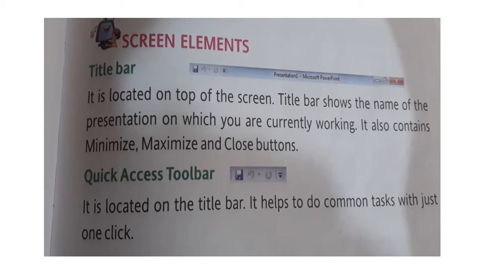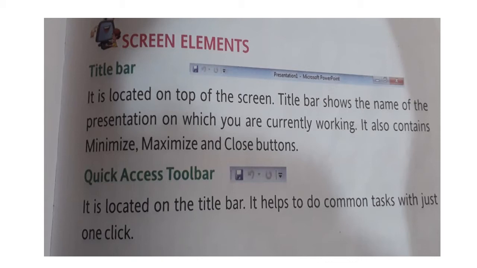It also contains minimize, maximize and close button. You can see the three buttons which are at the right side of the title bar: minimize button, maximize button and the close button.